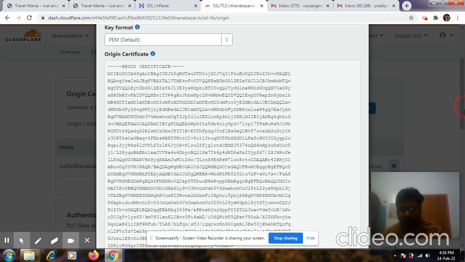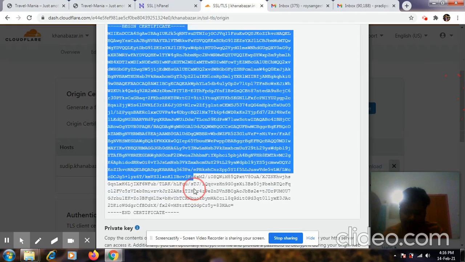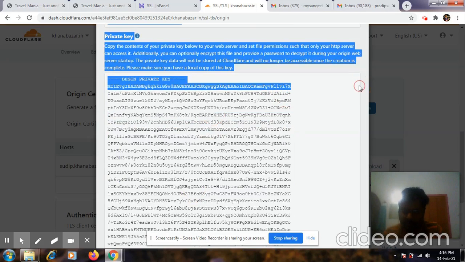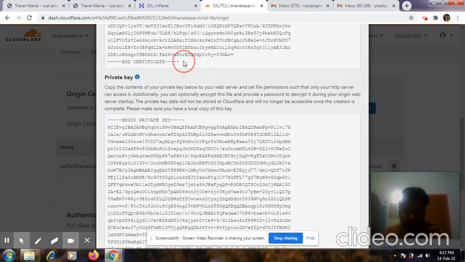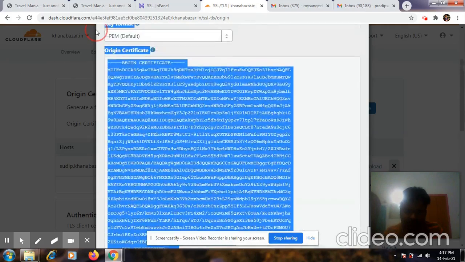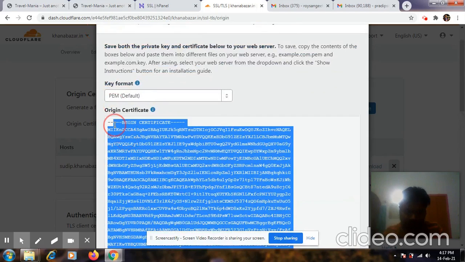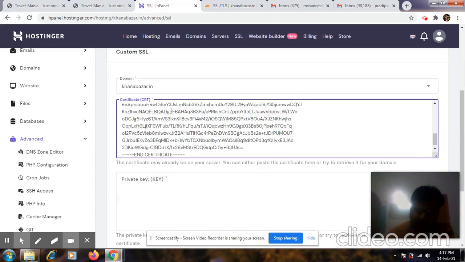What you have to do is copy it, and paste it over the certificate CRT field. So copy that from Cloudflare and paste it over here.